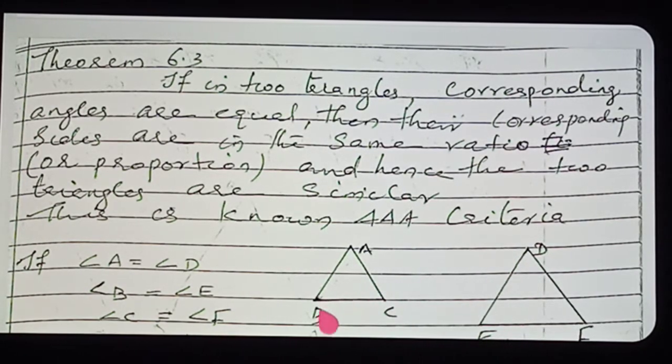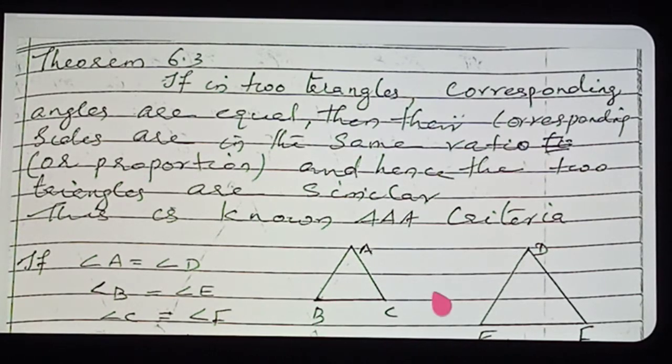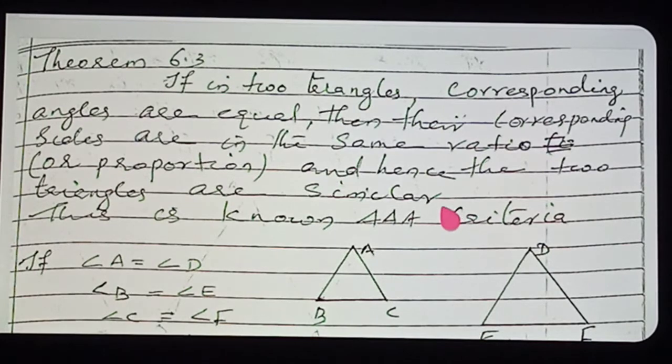At home, simply sit and draw different triangles with different angles. For example, take angle A as 60 and angle D also 60. Take corresponding angles equal. Draw different triangles in this way and see. Then measure the sides and take the ratio. Very clearly you can understand that all the corresponding sides are also in the same proportion. Therefore, for proving two triangles to be similar, which condition can you apply?